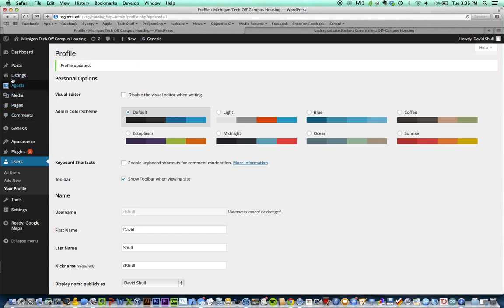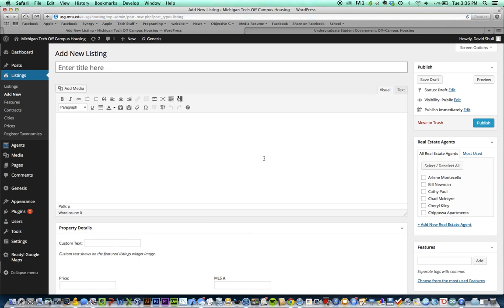On this sidebar, you should see this Listings right here. You can go ahead and hover over and click Add New. This brings you to where you'll spend most of your time creating a listing. In this Enter Title, we recommend adding the address of the home. So I'm just going to make up an address here,